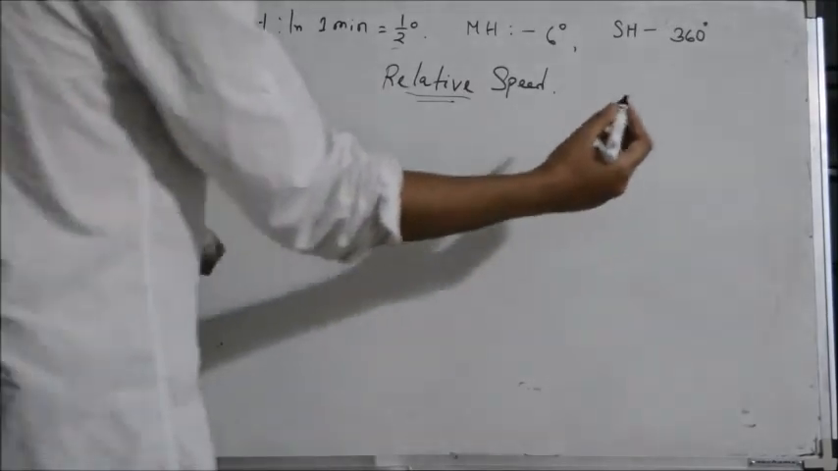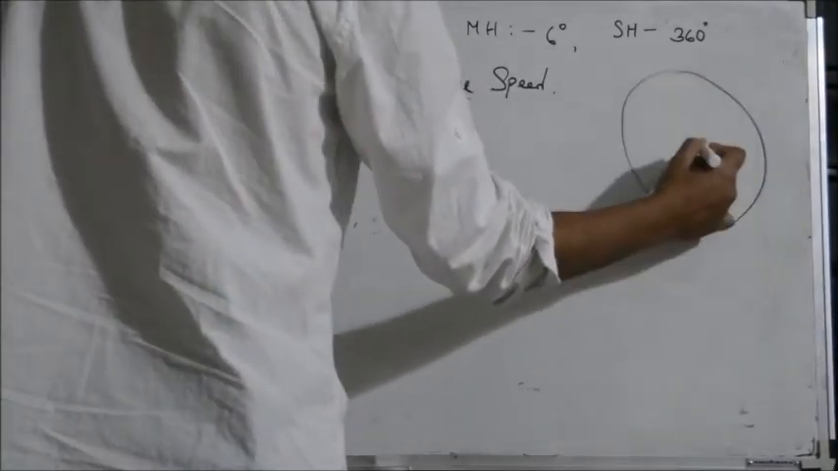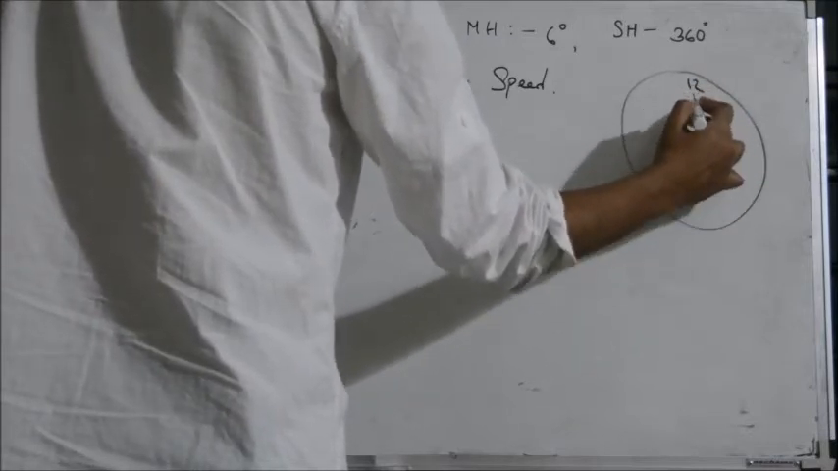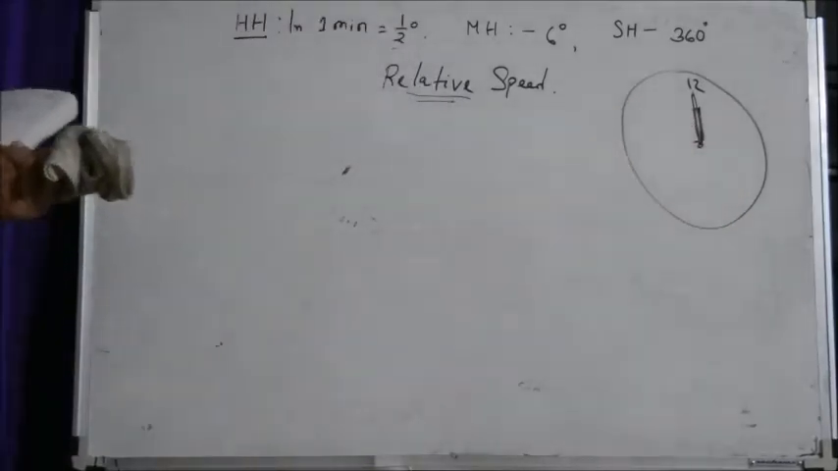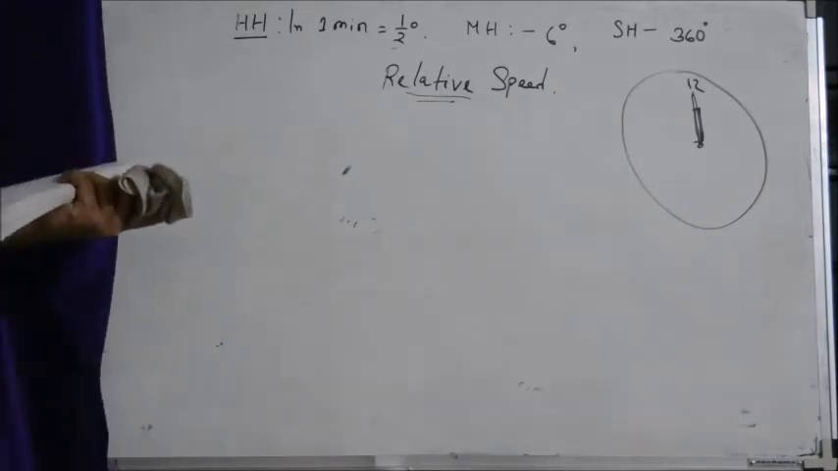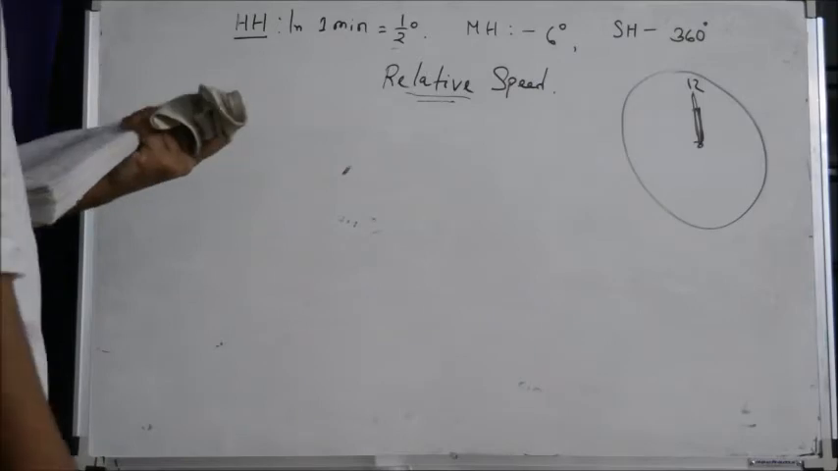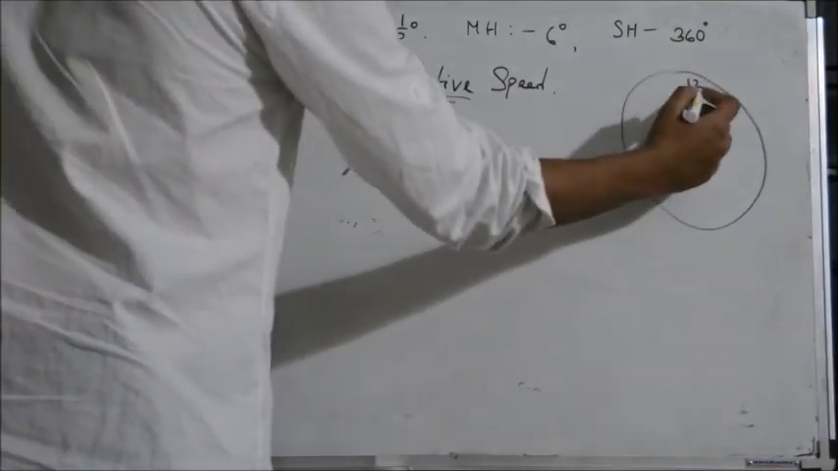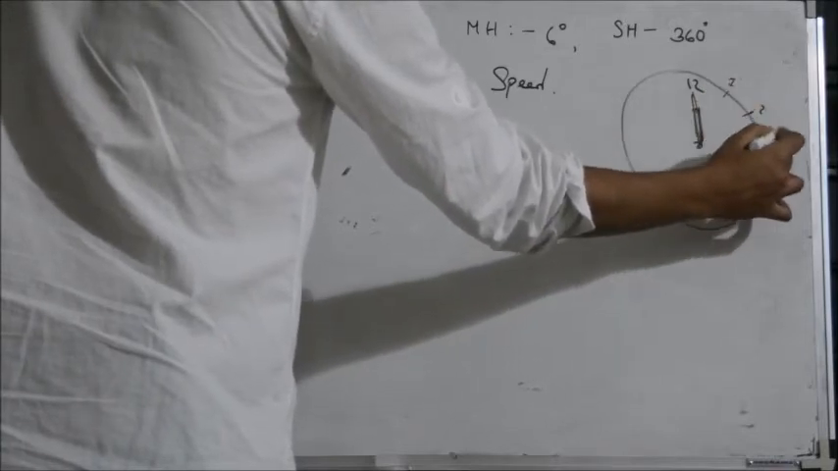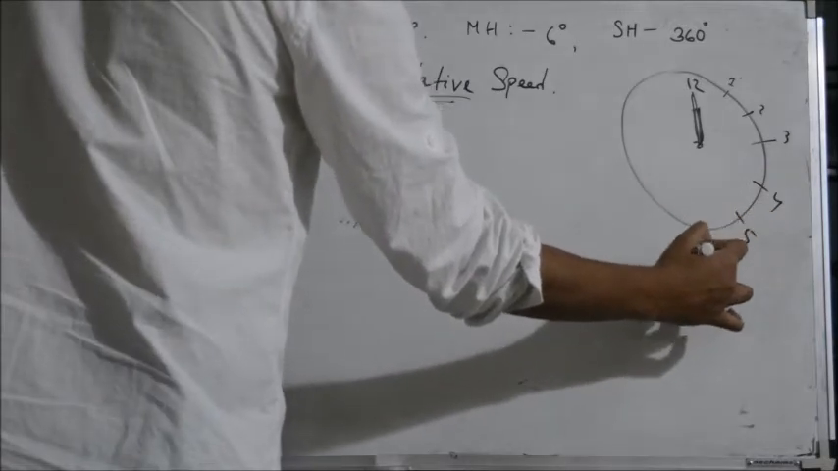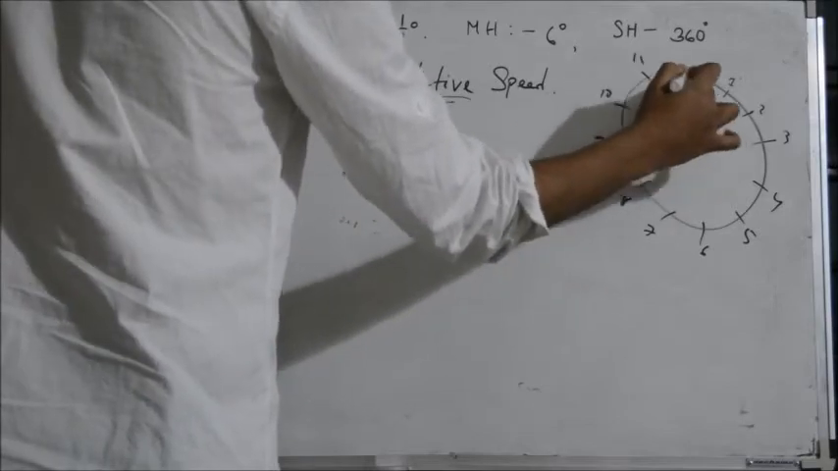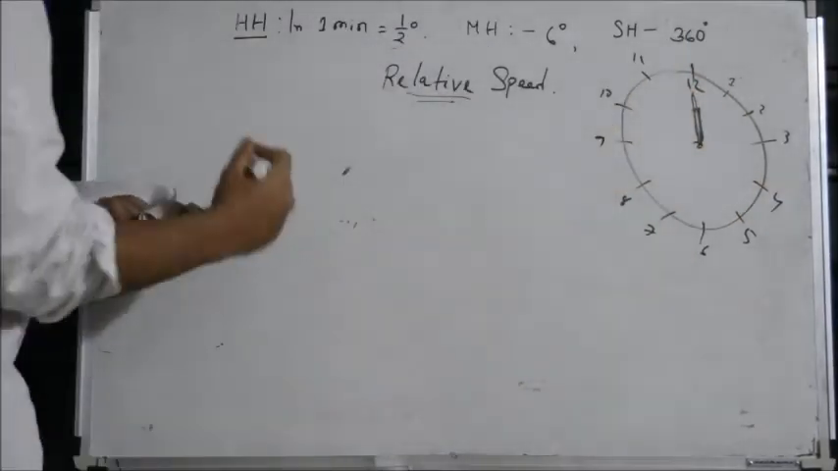Now, if you look at this clock, at 12 o'clock both the minute hand and the hour hand are superimposed. They are in the same position. Now in 60 minutes, that means in 1 hour, this is 1 o'clock, this is 2, 3, 4, 5, 6, 9, 10, 11, 12. In 1 hour, that means in 60 minutes,